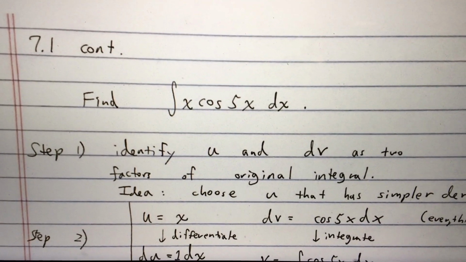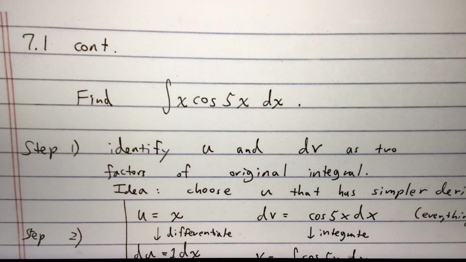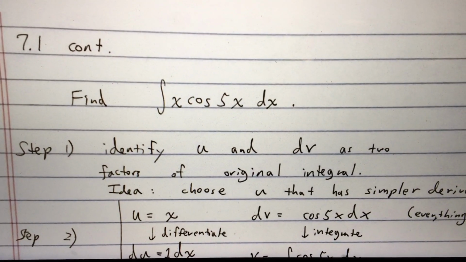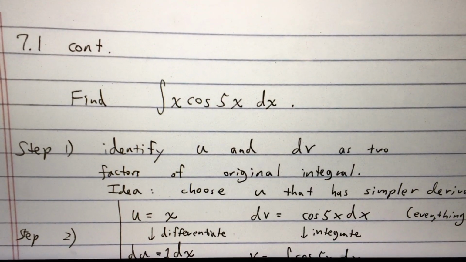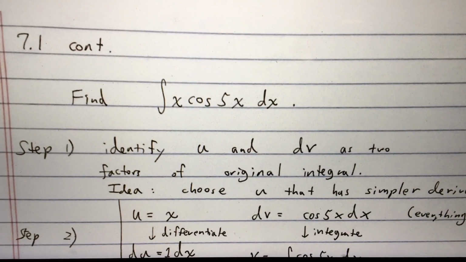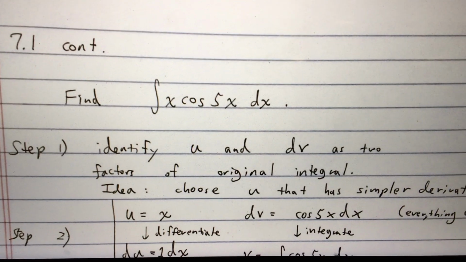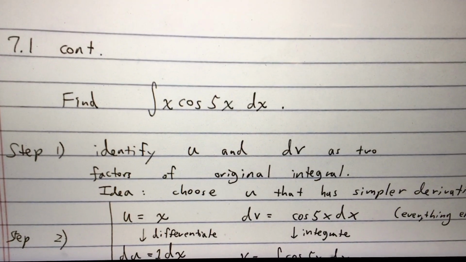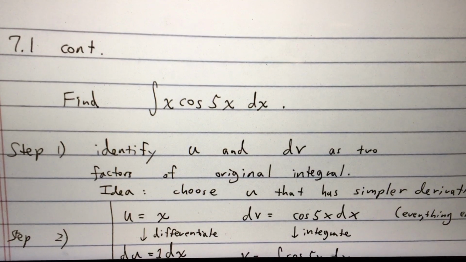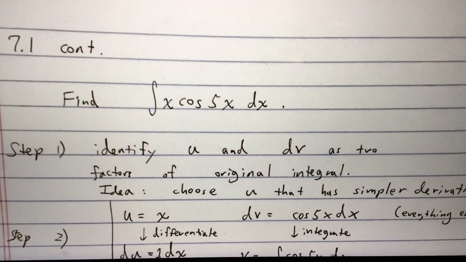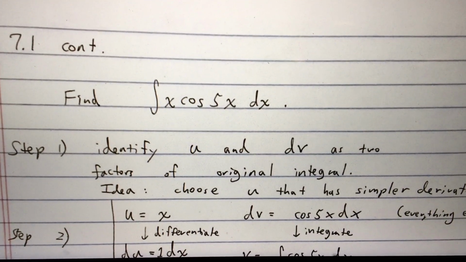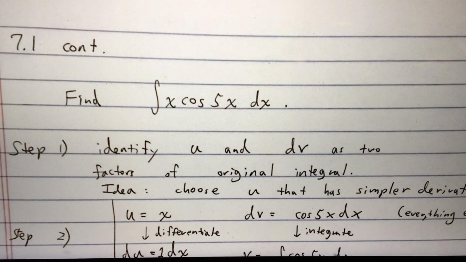Okay, here's the example that we're trying. The integral of x times cosine 5x dx. So, first of all, you notice that there's a function multiplying a function. We have seen those in u substitution problems before, but this time there's no way to pick out an inside function, take its derivative, and see it on the outside. For instance, if you pick out 5x, the derivative is 5, which does not work out very well when trying